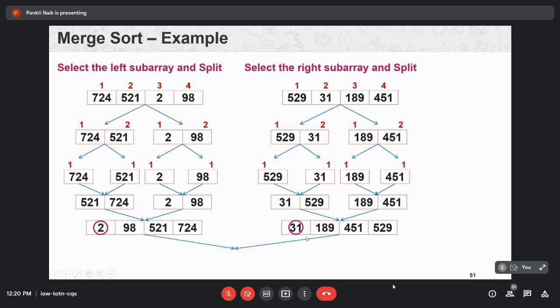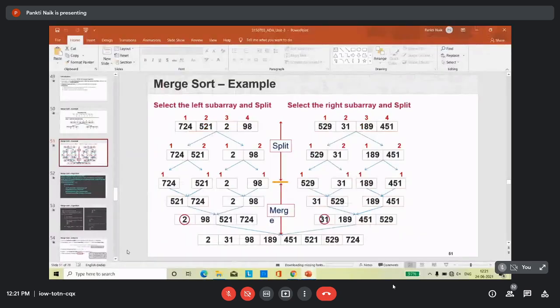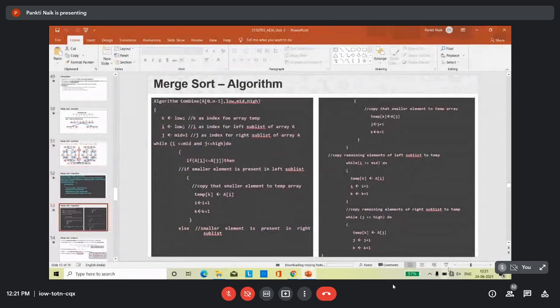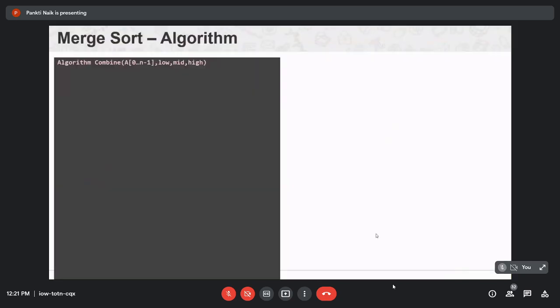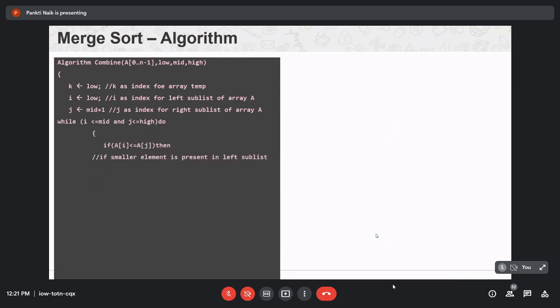If A of I is less than or equal to A of J, what do we do? Then copy the value of A of I into the temporary array. So we copy the value of A of I into temp of K. If A of I is less than or equal to A of J, it means the smaller element is present in your left sublist.